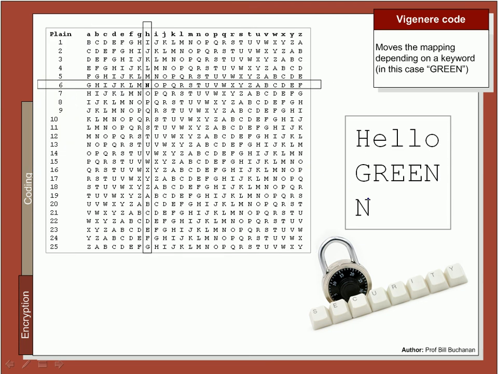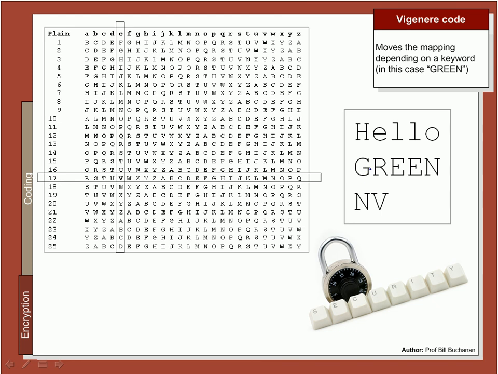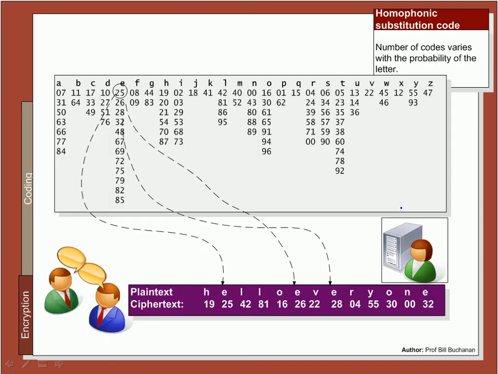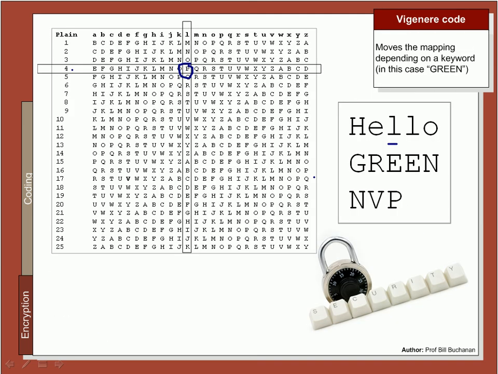So as we build this up, the first letter here is an H, and we go to row G, which is this row here, and that gets mapped to an N. Next, we have an E, and the row is R, so we have a V here. Next, we have an L, and we're on the E row, so an L in this case becomes a P, and so on. So this is an improved method of reducing the